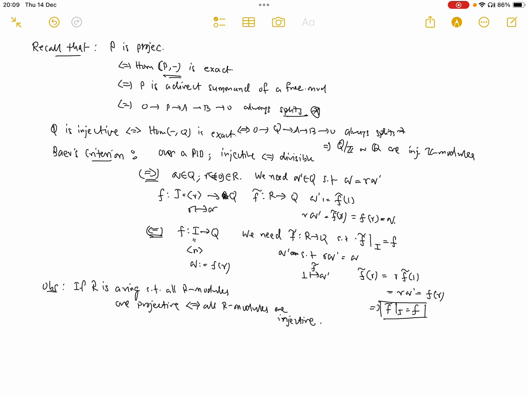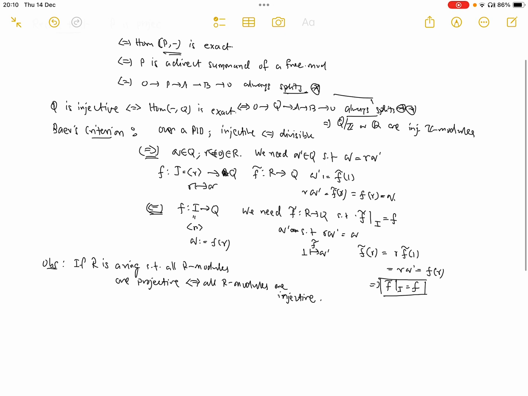So now you can take these two statements to conclude that, suppose you have all modules to be projective over R, then if you start with any R module Q and start with any short exact sequence like this. Now because B is a projective module, because we have assumed all R modules to be projective,